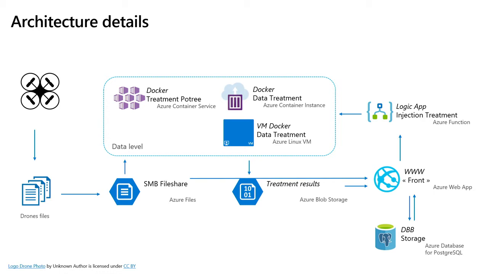Every process is packaged in a container. Actually, what we are doing, we have 3 types of containers and 3 types of libraries. One type is for analysis of LIDAR data, the LAS files. The second type is for analysis of the orthophotography, the big photos. And the third type is for analyzing the panoramas, for creating the panoramas.